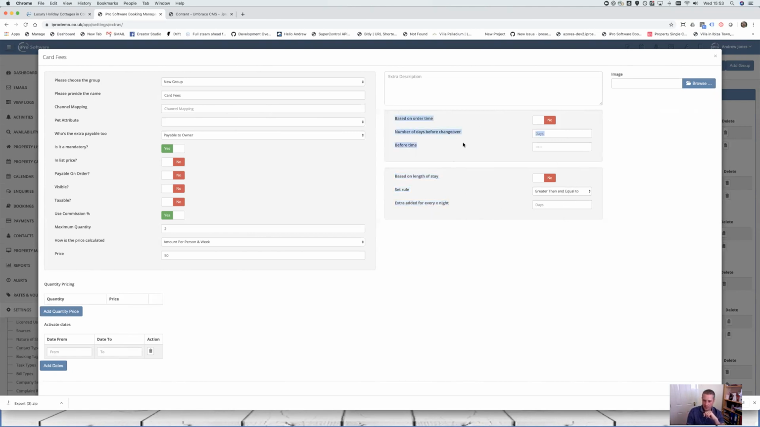This one is even more advanced, where it can actually say, based on when the booking is made and the start date of the booking, I want to add this extra. And what we did this for was the ability to automatically order cream teas for bookings that arrive on the agreed changeover day. So if a property's got an agreed changeover day of Friday,